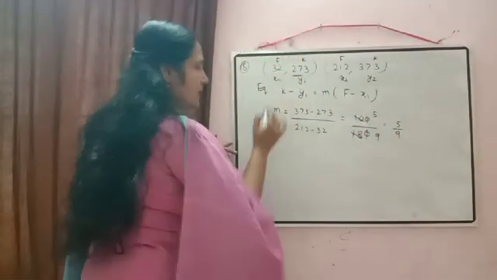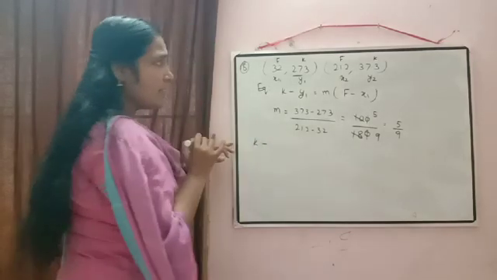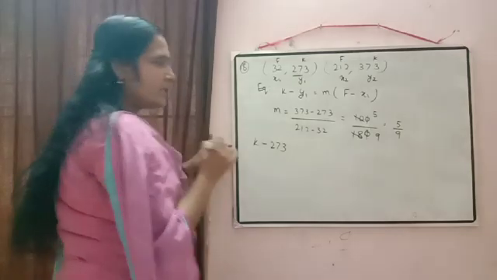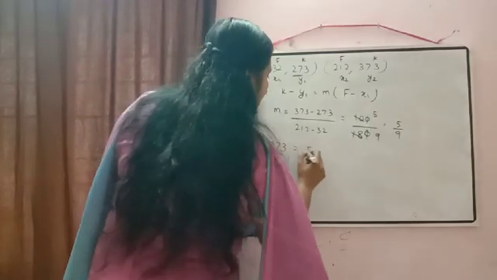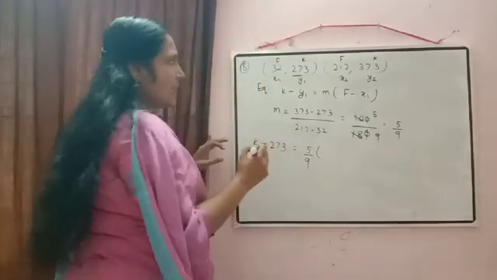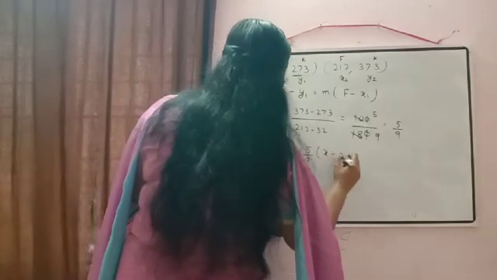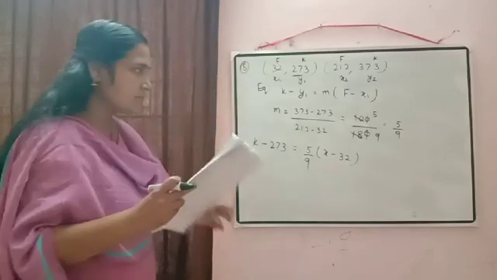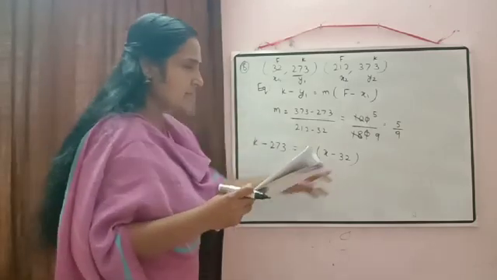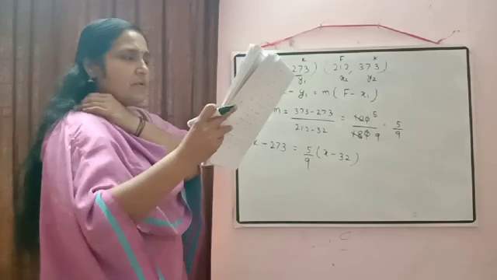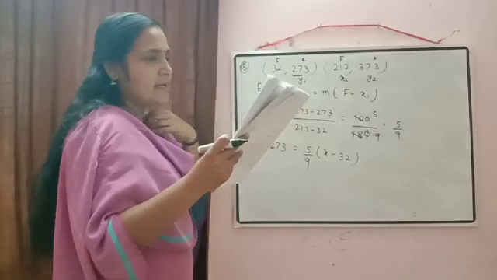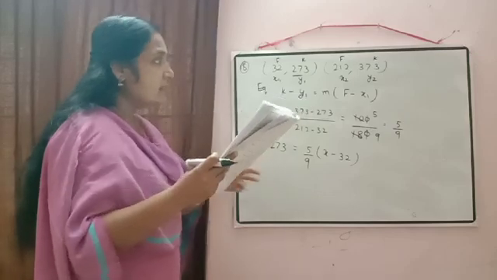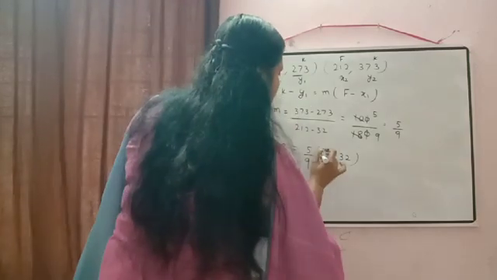Now we will write down the equation. So equation will come K minus y1, in place of y1 we have 273, is equal to m, that is 5 by 9 into f minus x1, so f minus 32. So first part is over. Express K in terms of F there. So minus 273, if you want you can shift to the right hand side. Now it is written find the value of F. From here find, no, here this is not x, this is equal to F there.